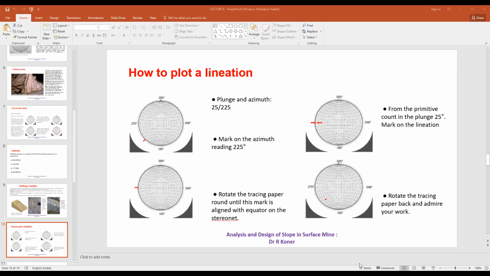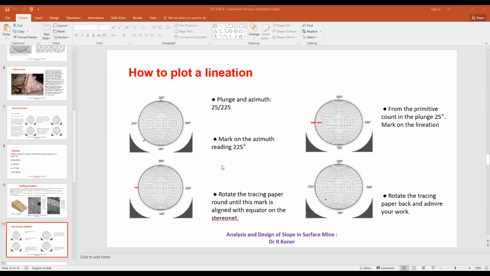You can do it at home also. If you rotate it here, and if you rotate it here, there will not be any difference. Mansi, is it clear? Yes, sir. So anti-clockwise and clockwise does not matter, but we have to measure the plunge along the equator. Is this understood? Along the marked point? Yes, sir. Anybody have any question?